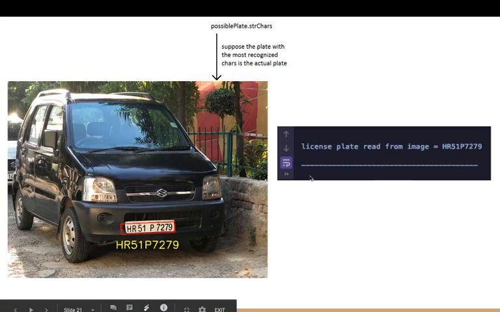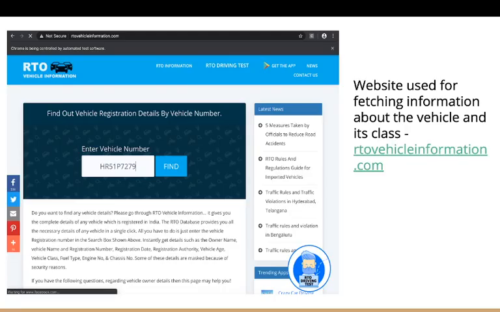Here it is. Once you have read the license plate from the image, in a real-time system we would use the RTO database to fetch information, but since in our prototype system we cannot do that, we used another website in order to fetch the vehicle class information.